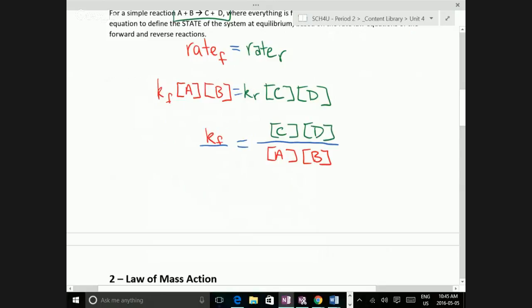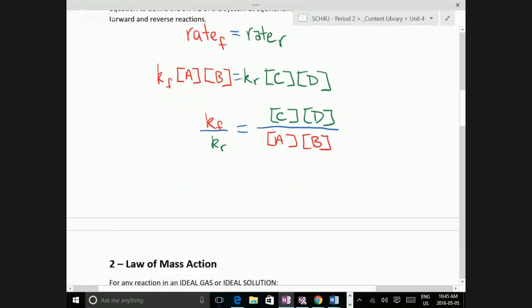Now, keep in mind, this is only true at equilibrium, right? It is only true that the rate of the forward reaction is equal to the rate of the reverse reaction at equilibrium. So this is only true at equilibrium. And so to say that,